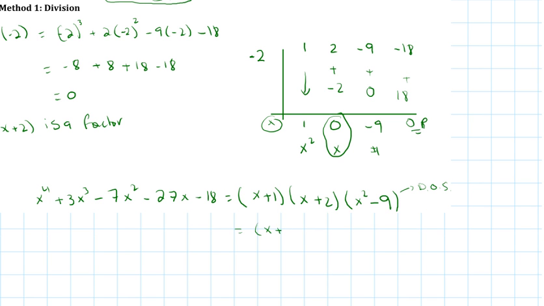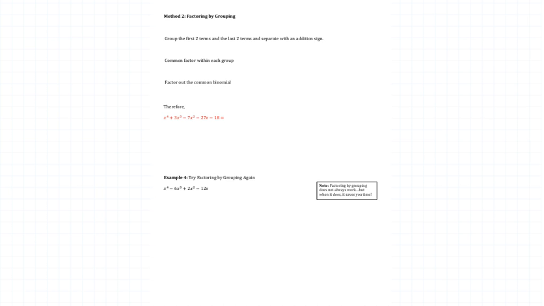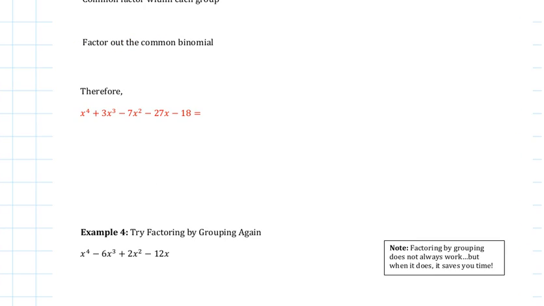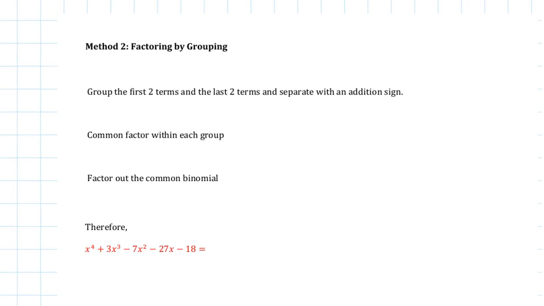Now, you see that this is difference of squares, right? So I can factor that easily without doing any further division. And that would be totally factored, completely factored. So in the second case, you can do division, you can do synthetic division, or you can try factor by grouping. So in this case, if I do factor by grouping,